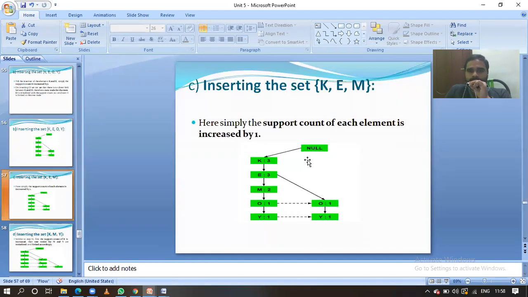KE, next one is KEM. Okay, we are starting from the null node. K is there, which means we have to increment the support by 1; previously it is 2, now incremented to 3. Next we have E. There is a path from K to E, so we have to increment the count by 1. After that we have M also, guys. No need to take the other one, just increment this M by 1, that is 2. Understand? Okay, now insertion of KEM is over, that is item set 3 is also over.